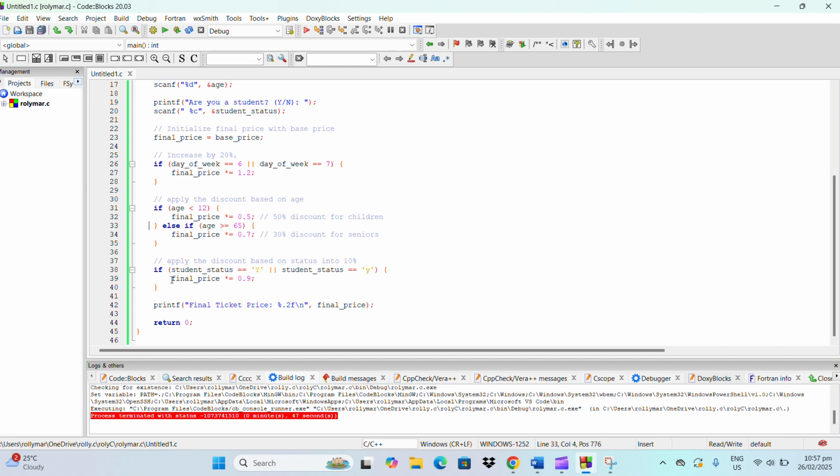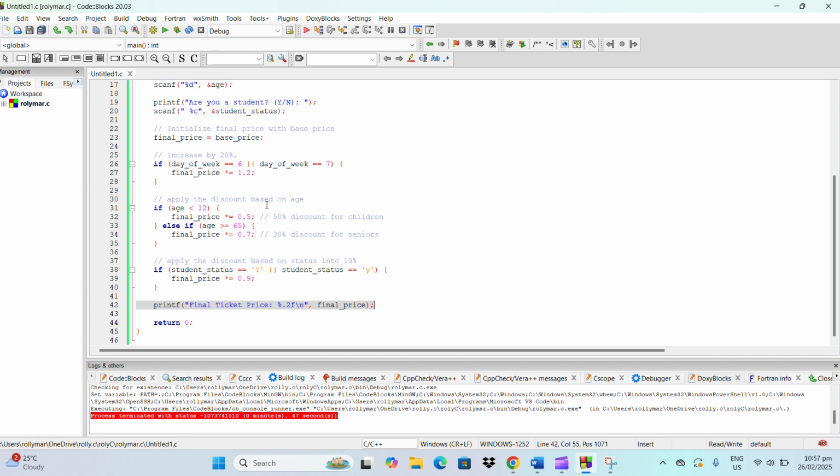So the final price will be calculated at only 90% because of the 10% decrease. So finally, for the last part, the printing of the final price, which prints the output of our final price.